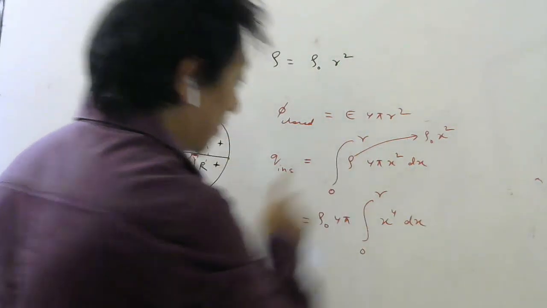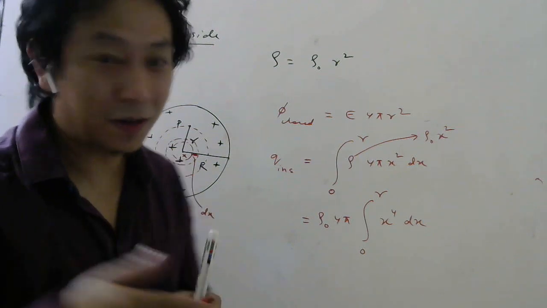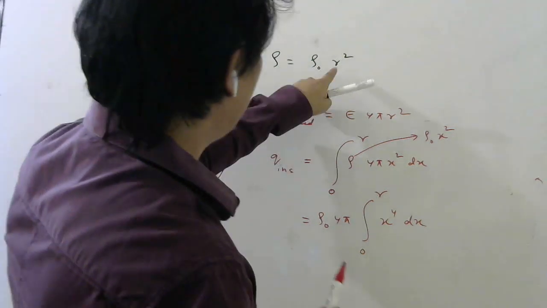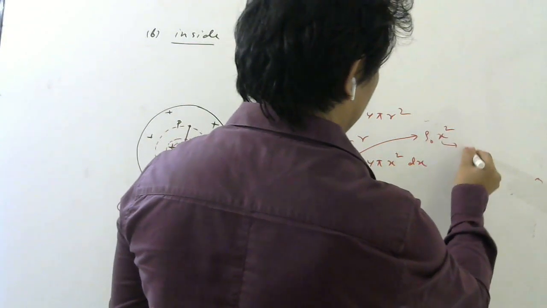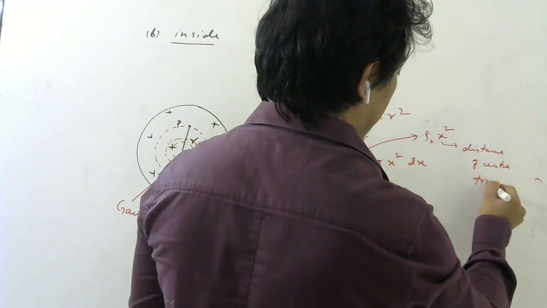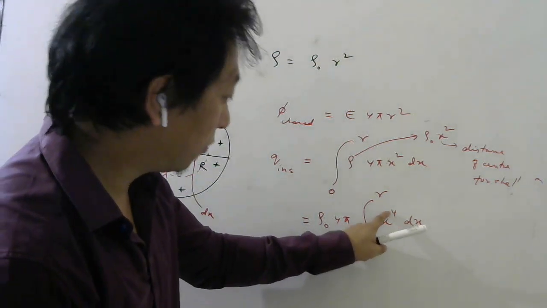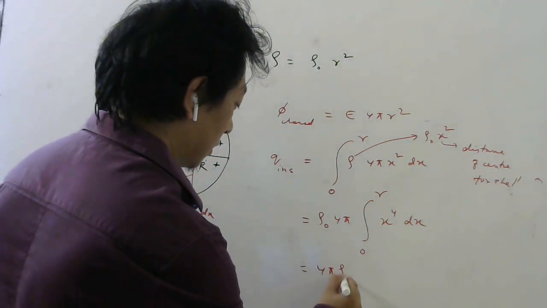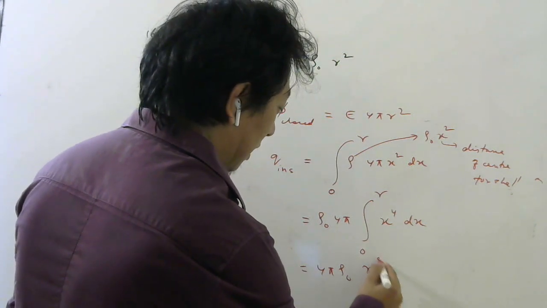Then when I substitute this density, I cannot write r square, because in the question r was distance from the center, which is a variable, and here distance from the center for this shell is not small r, it is x. So if this is x, I have to substitute x here. So this is rho naught x square. Okay, x is distance from center for the shell. If you want to write small r, please write small r, no problem. This will be small r power 4 into dr. End result will be the same. So it will be 4 pi rho naught. Integration of this we did already: x power 5 by 5. Put upper limit, small r power 5 by 5.